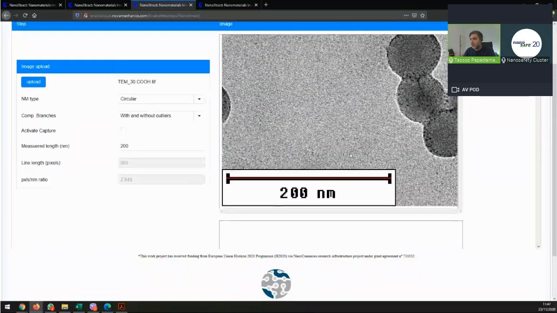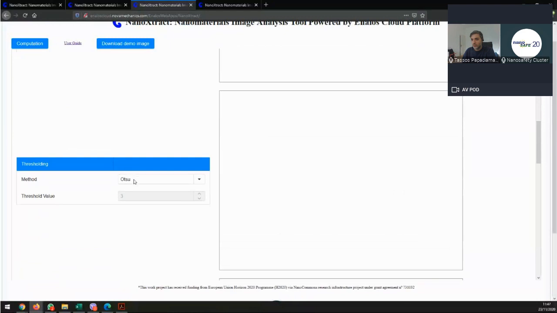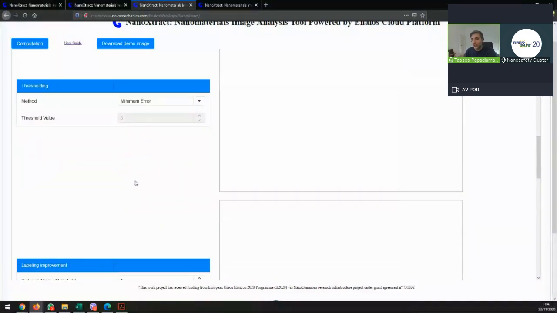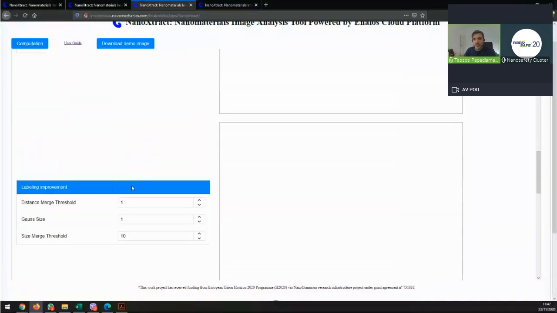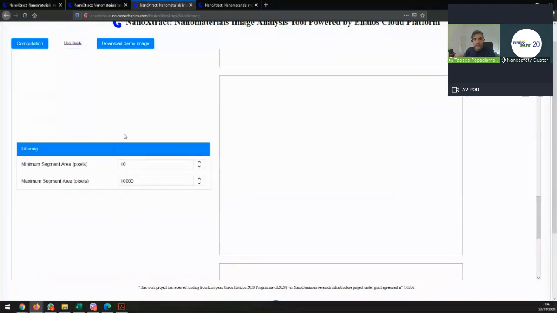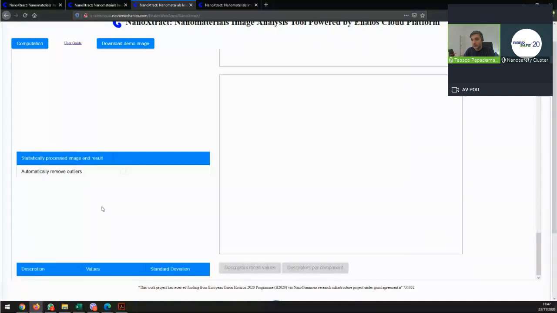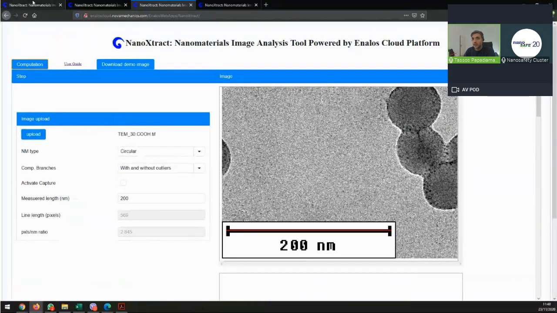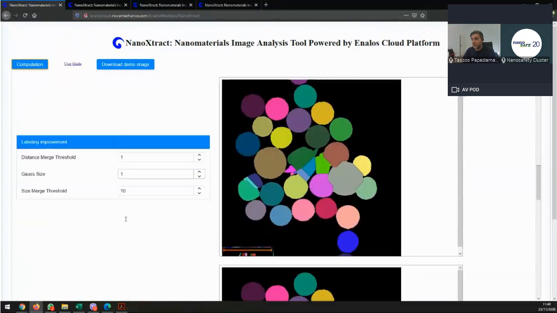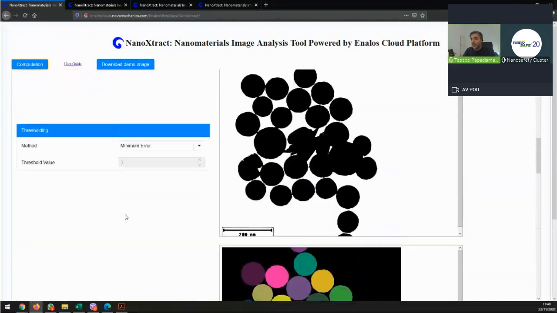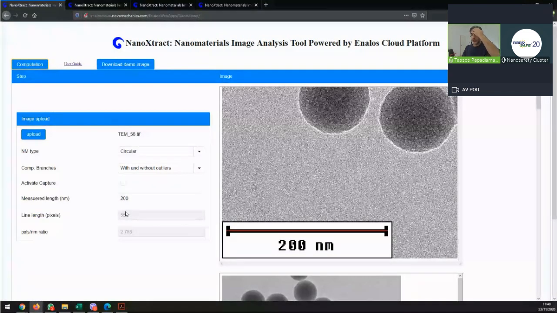Apparently, I'm increasing the background here. I locked the background because I wanted to cut the top right corner, where it has the sample edge, what I take to be the sample edge. Let's run this now. Yes, I'm sorry, I think that the tool was stuck. That's why it was not working.